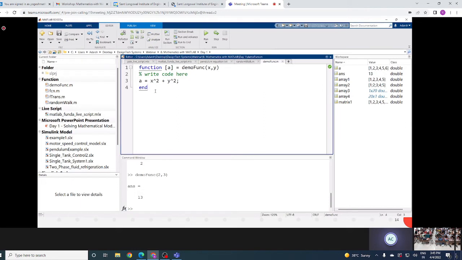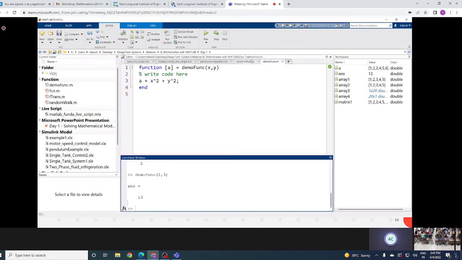Hope everyone understood this concept, because we will be using this functions concept in our ODE presentation, that is how we can create a differential equation as a function, and provide that function, that is the differential equation, to our ODE solvers. We will be seeing this in our ODE lectures. So this was a way of creating a function. Another way of creating a function is